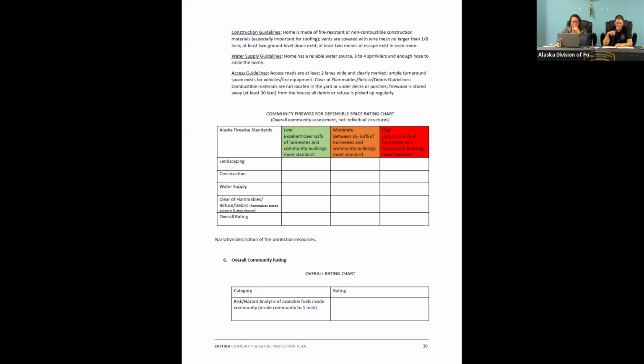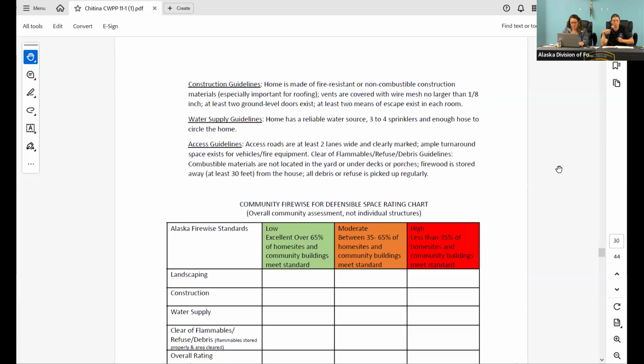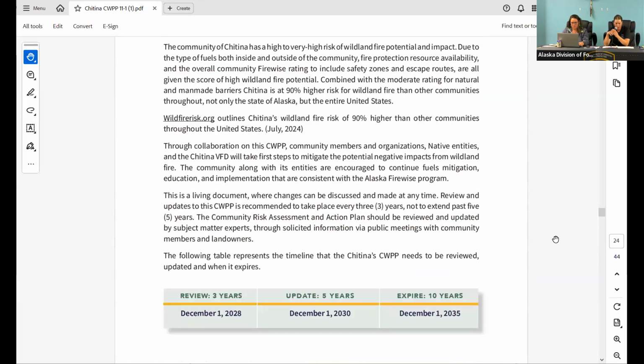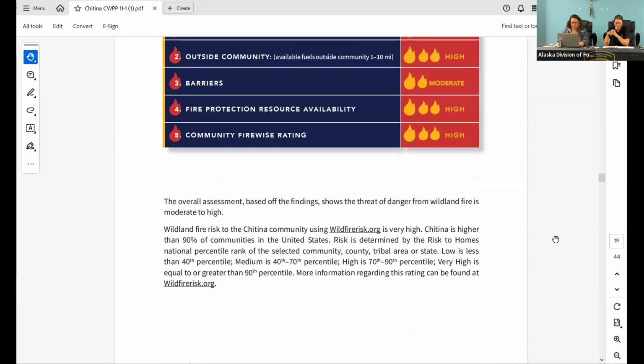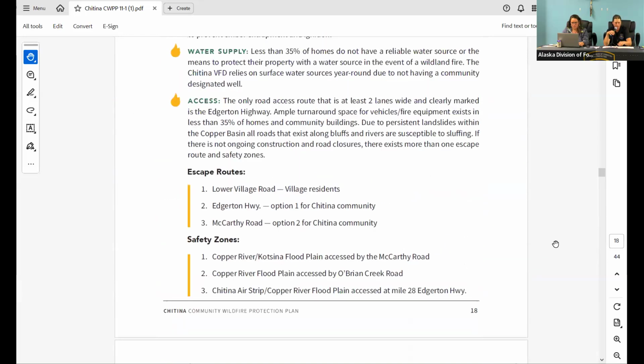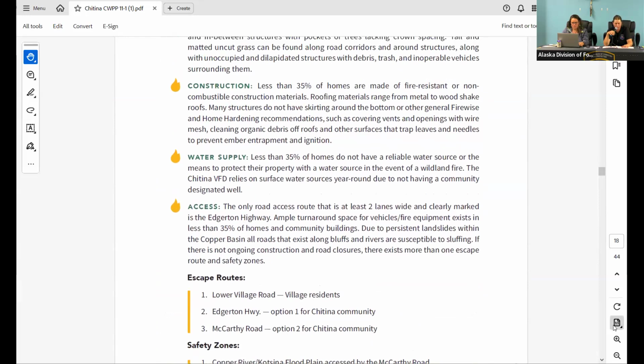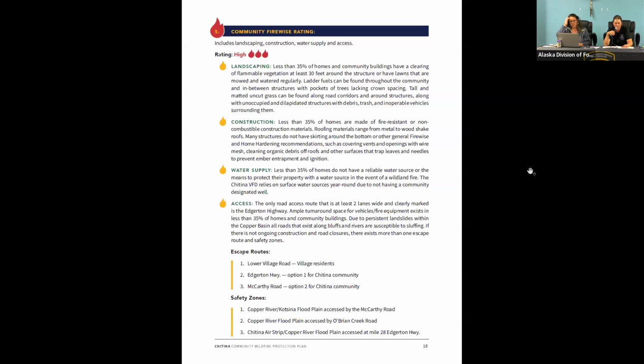Anywhere that less than 35% of the homes don't meet the criteria, then we fall into the high rating. So for landscaping, we found that less than 35% of the homes in the community buildings have clearing of flammable vegetation at least 30 feet around the structure, or have lawns that are mowed or regularly watered.